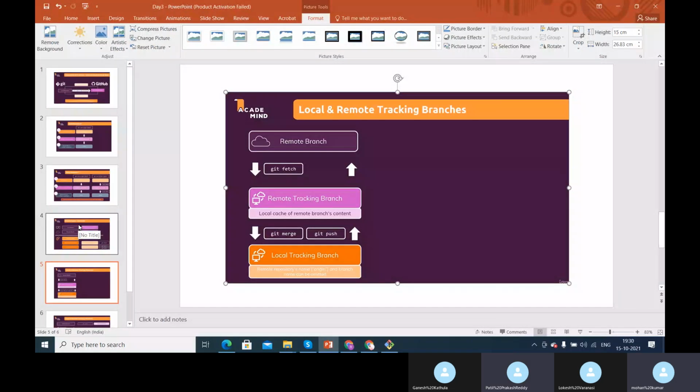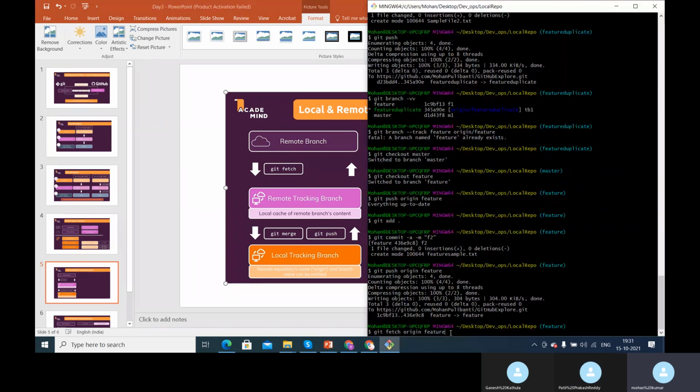So here we don't need to create a local tracking branch. I'm just thinking of that only. We should be able to do that, but how?